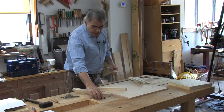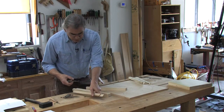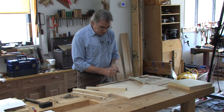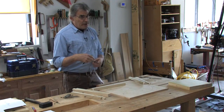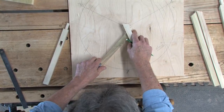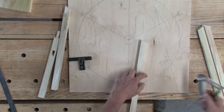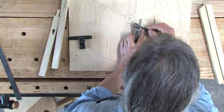So I want to come back, and I think I came back 1.25 inches. So if I get my little square set to 1.25 inches or thereabouts, this distance isn't important. It just needs to be long enough to go all the way through. So I can come back that far, mark the angle,